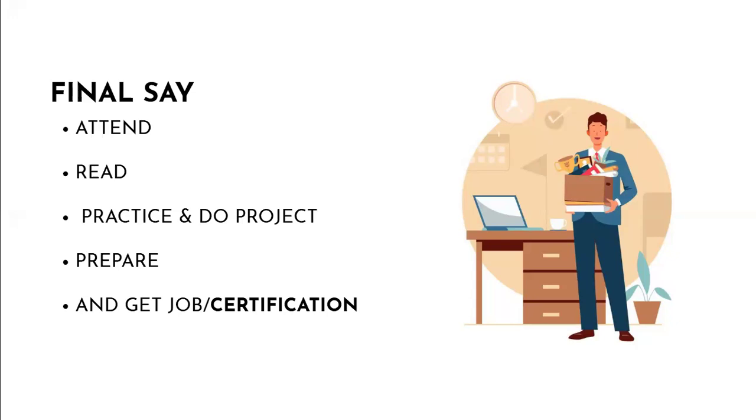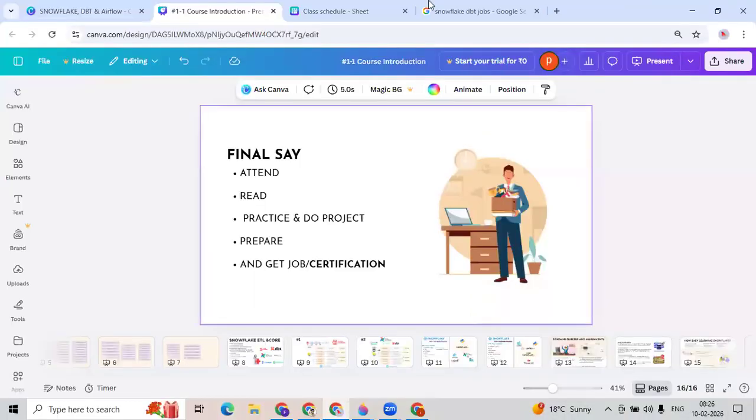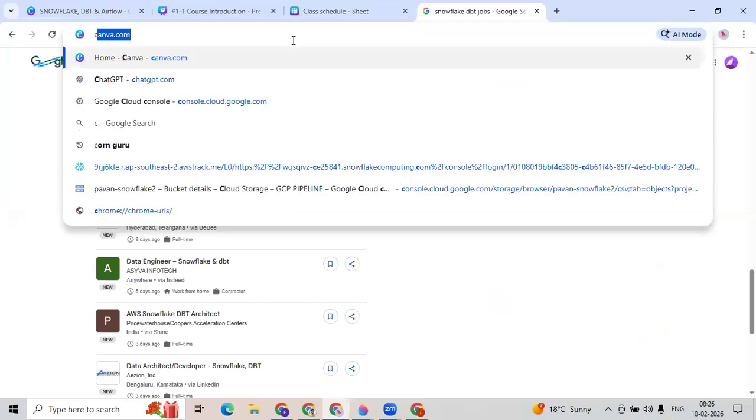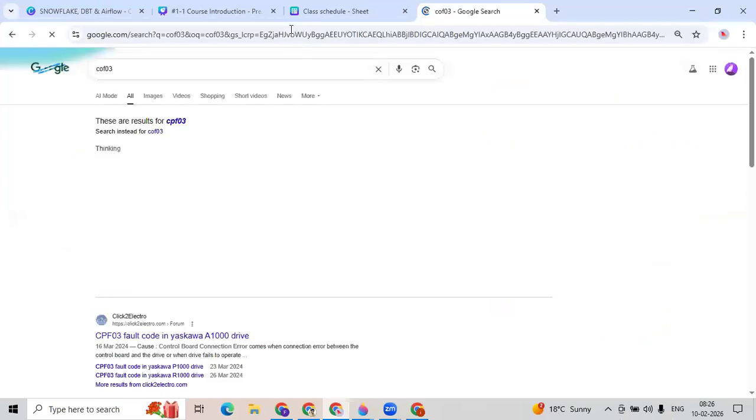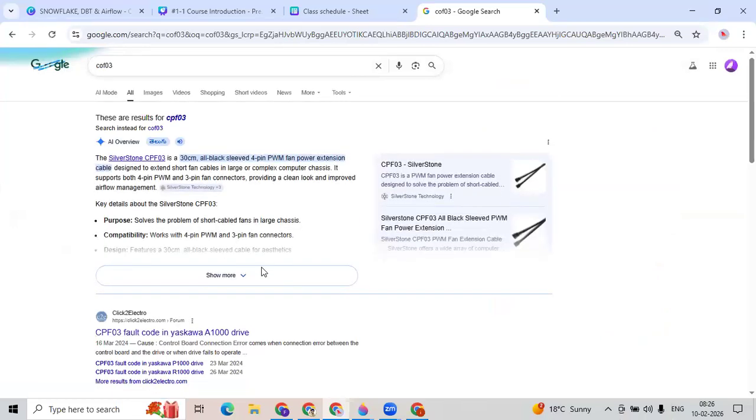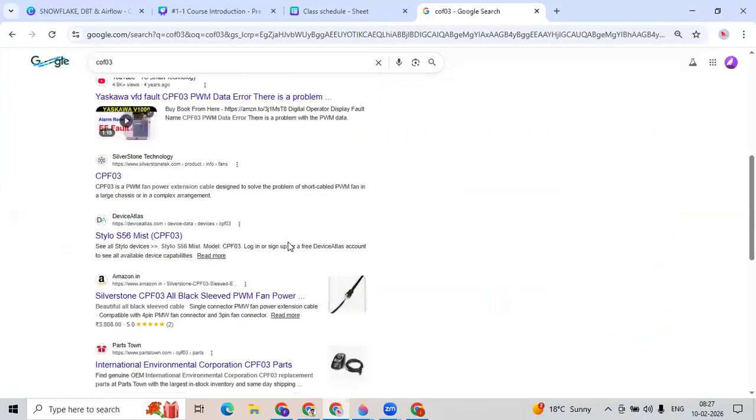Now they are completely changing the certification part. They are decommissioning the current exam and bringing in the new one. Let me put Snowflake.